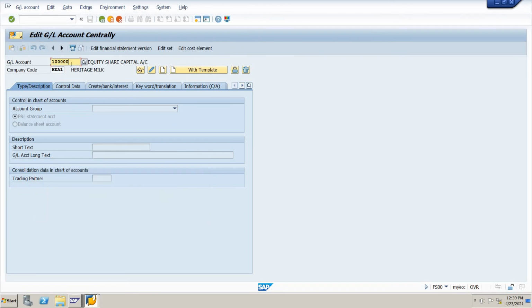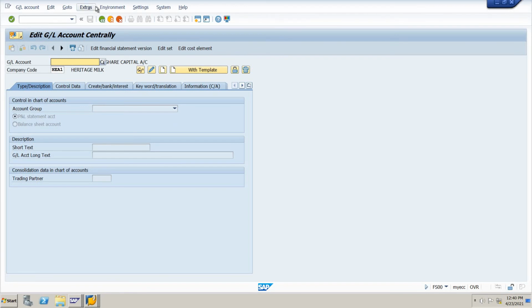We first have to give the GL account number. Which account do you want to create? For example, if we want to create a miscellaneous account, it goes under expenses.